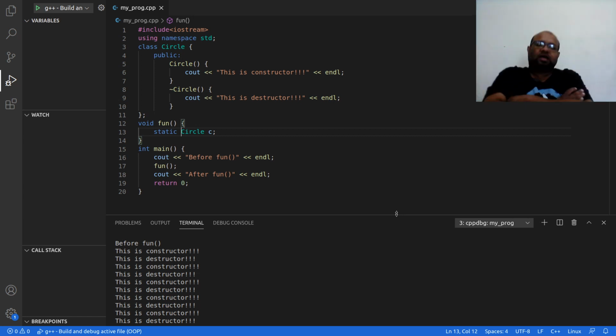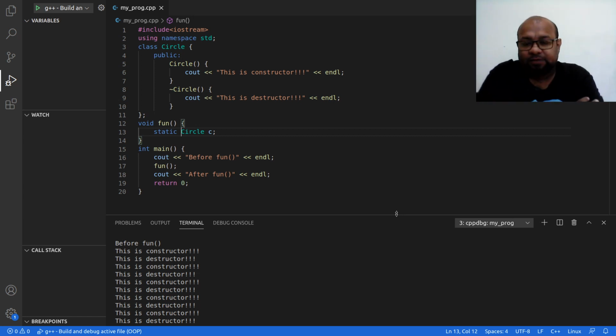The implication of doing this: we saw this static data type count in our previous example. Where did we allocate its memory?